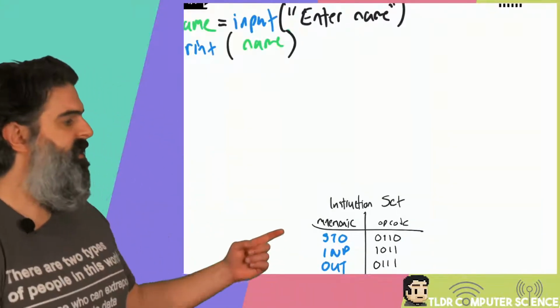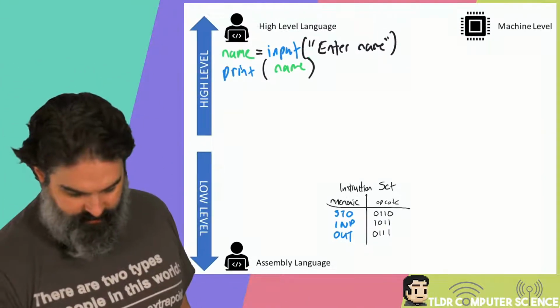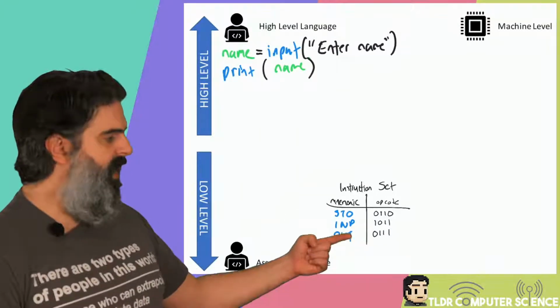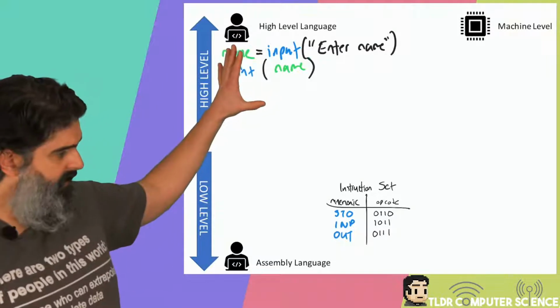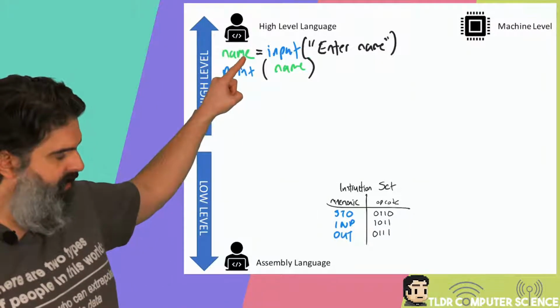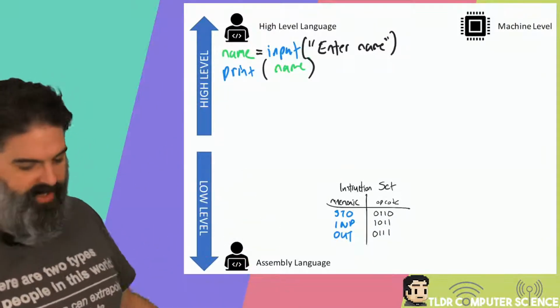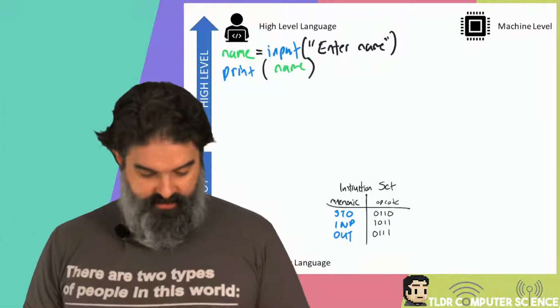Okay, this instruction set here, I've randomly picked things, and it's really small. I should have made that bigger. What I'm doing is I'm taking that high-level language, and I'm going to say how it could work in assembly code. So the first thing we did,